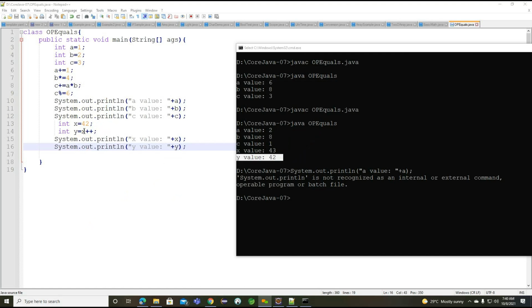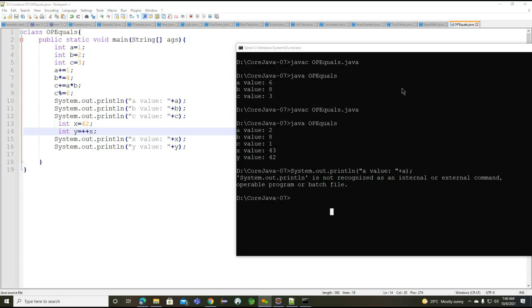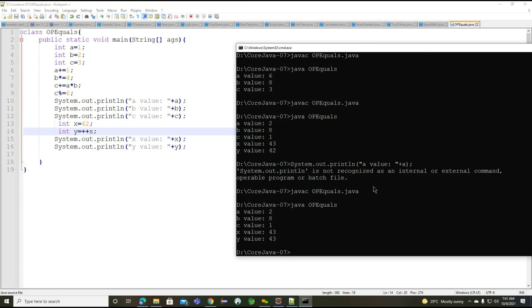So see the difference I'm going to make here. Instead of x++, now what I'm doing is ++x here. Now I want to compile the same example and execute here. Now what do you understand?